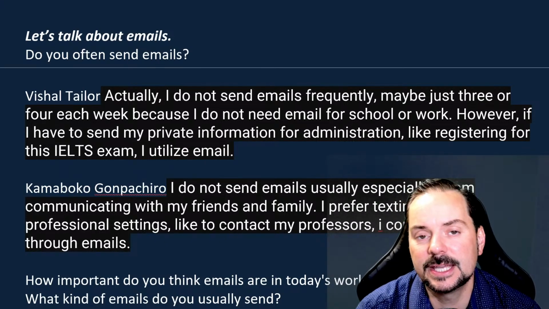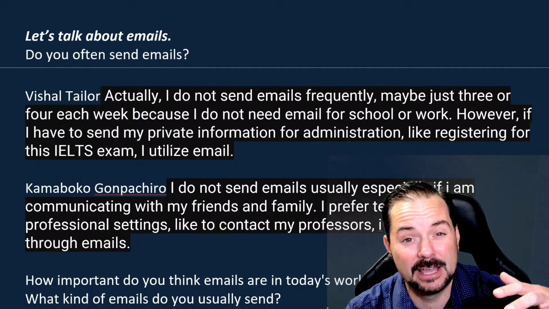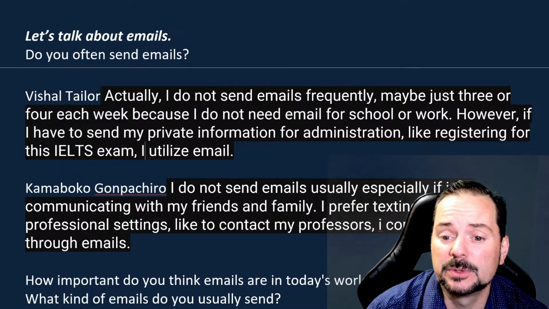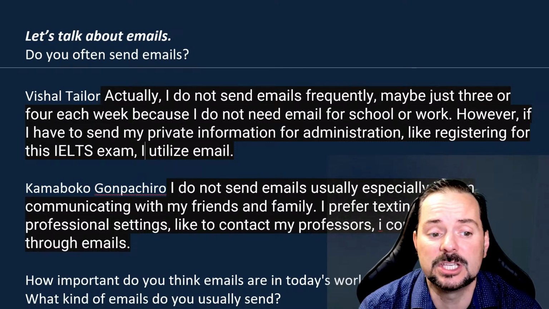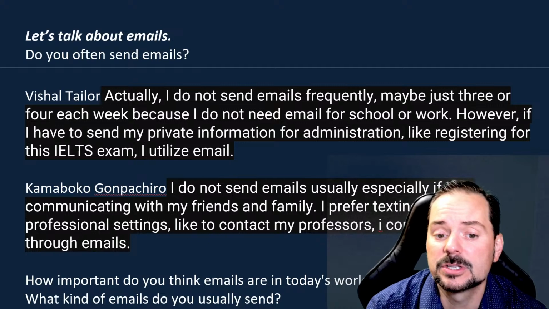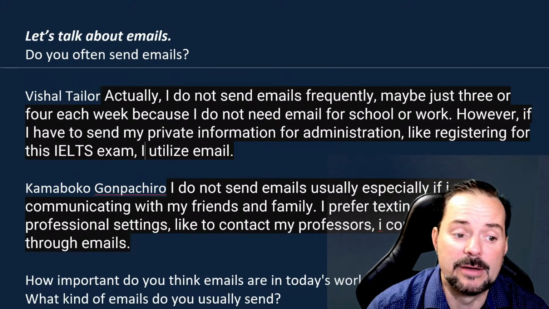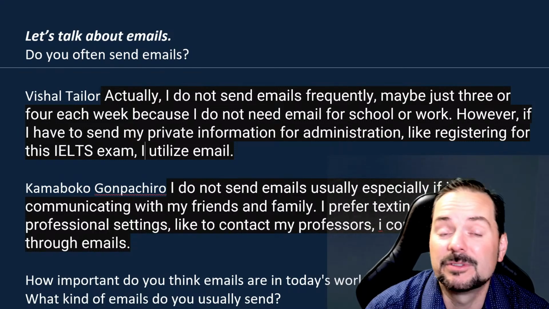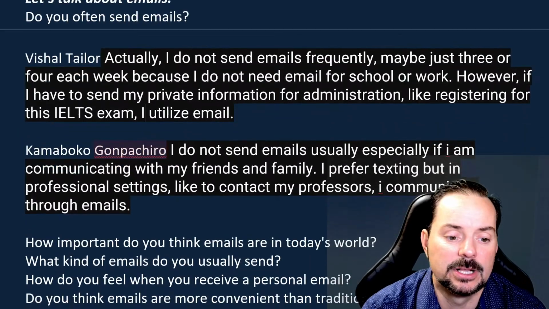Okay, do you see how that just went from a band 5 to a band 9? So actually, I do not send emails frequently, maybe just 3 or 4 times each week, because I do not send emails for work or school. However, if I have to send my private information for administration, like registering for this IELTS exam, I utilize email. Okay,